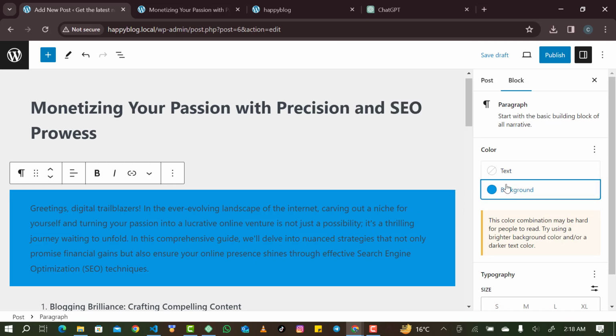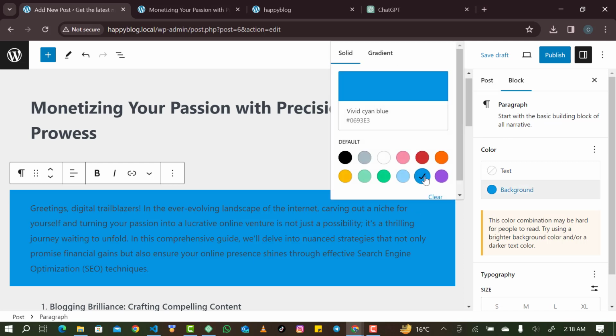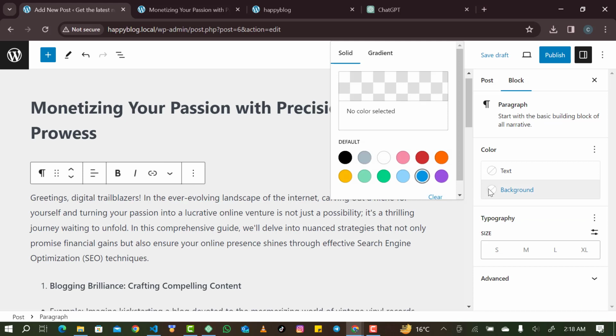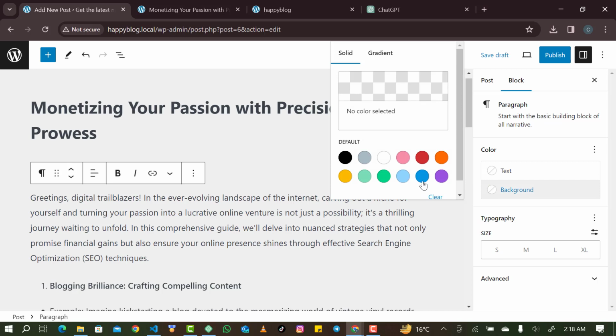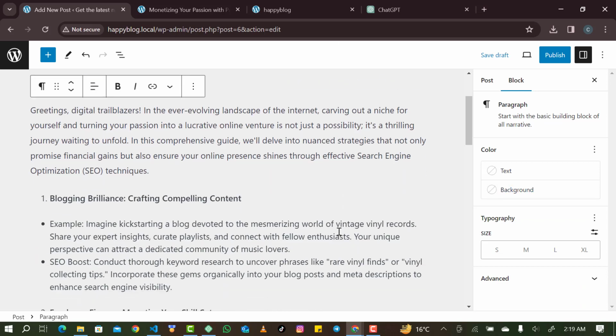So let's go back. I want to remove the color, just untick it, or you click on clear. Let's say I click here. Let's go back again, click here, select this, and I select this value and click on clear. See, it has removed it. I hope you understand, right? Now this is for